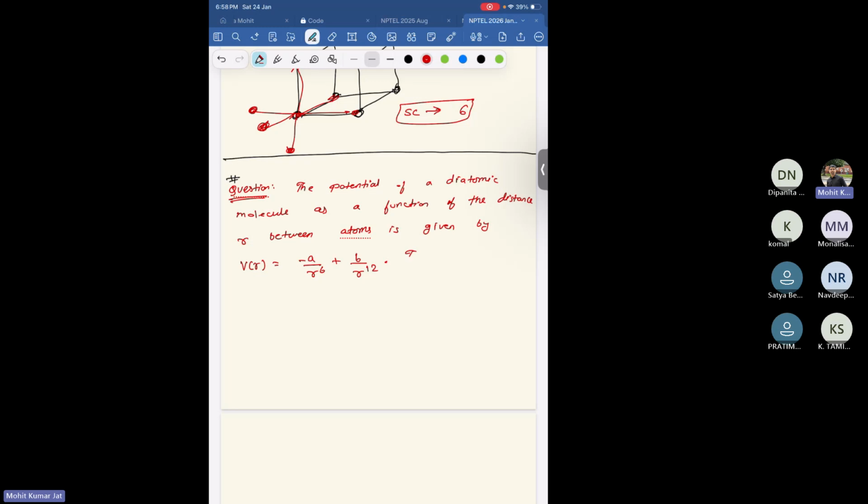Then the value of the potential at equilibrium separation between atoms is,